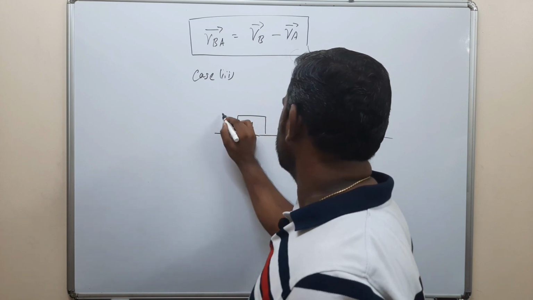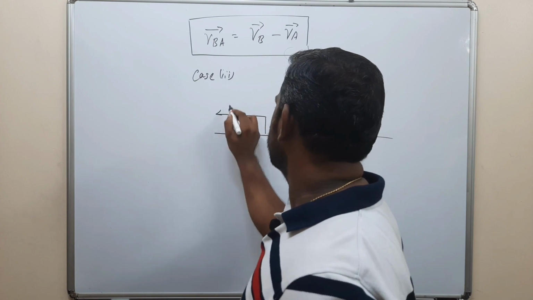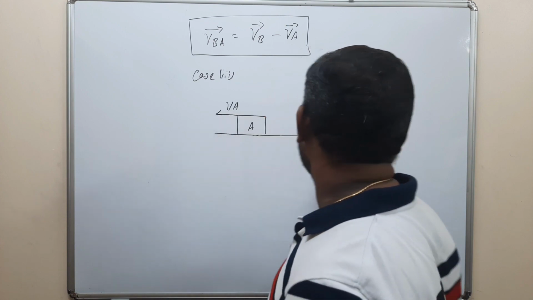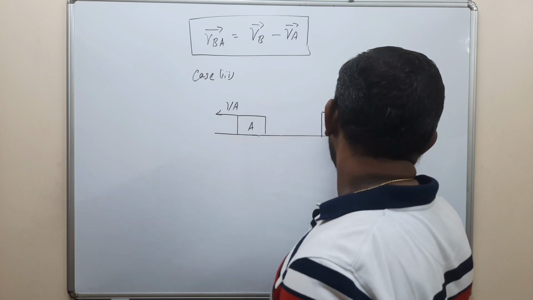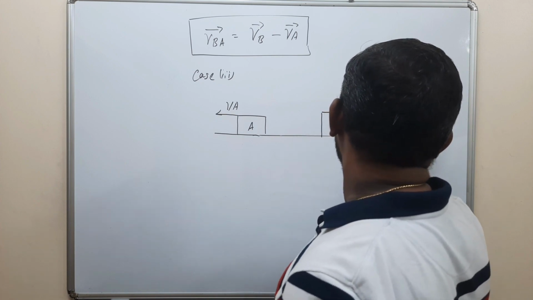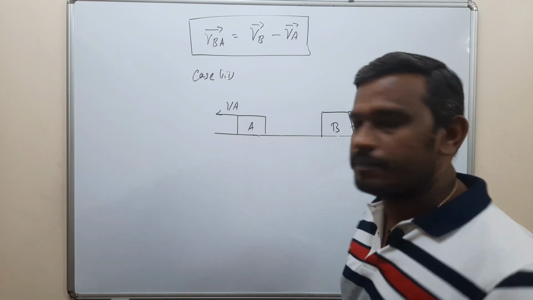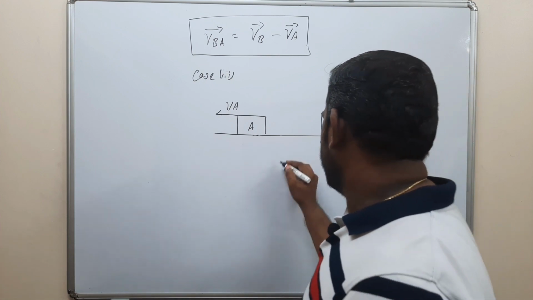Object A is moving with velocity VA, and object B is moving with velocity VB. Okay, so the relative velocity